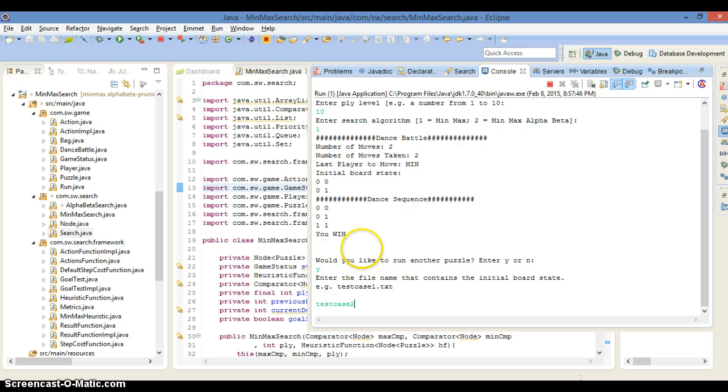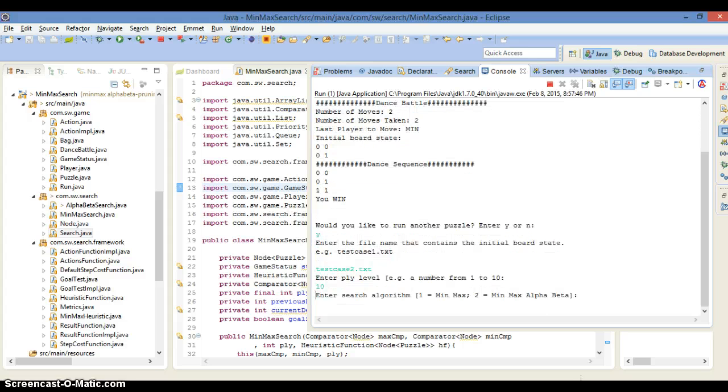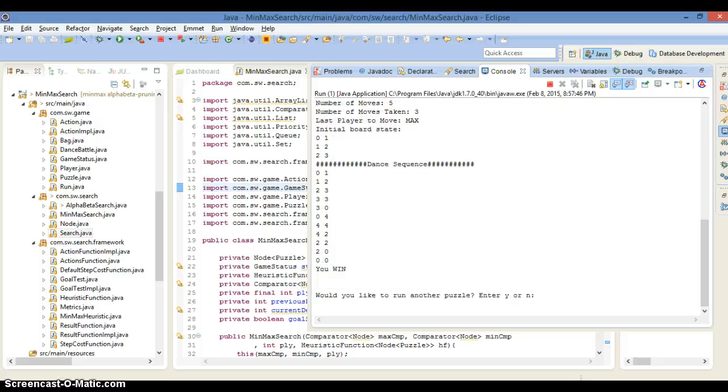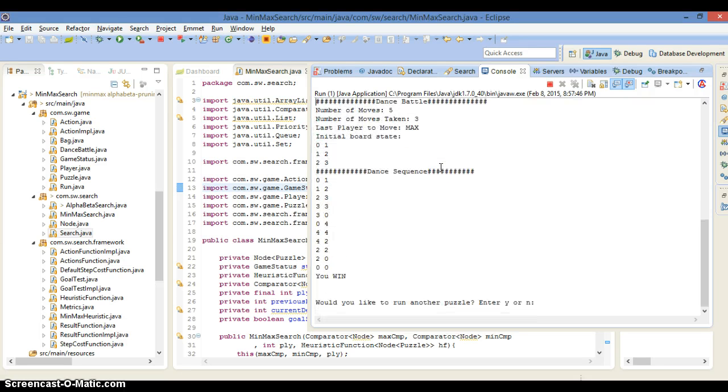Test case 2, and then apply level of 10. Again, it doesn't matter for this one because it's a really short test case. I'm going to do min-max 1. And again, it comes back pretty quickly. Now I'm going to run